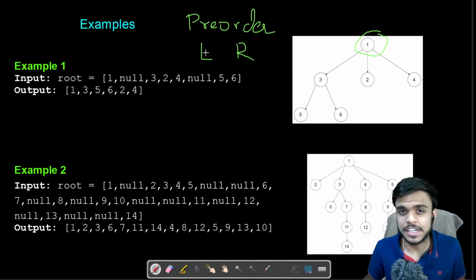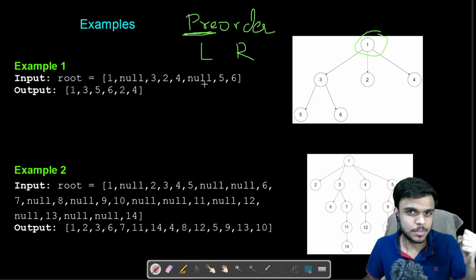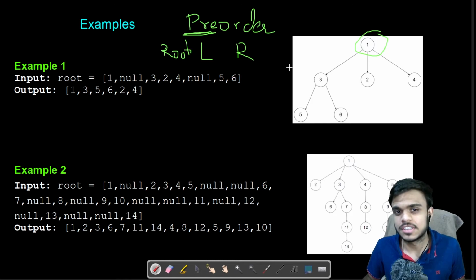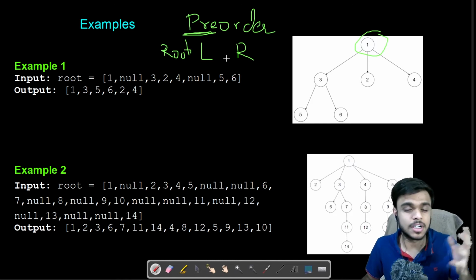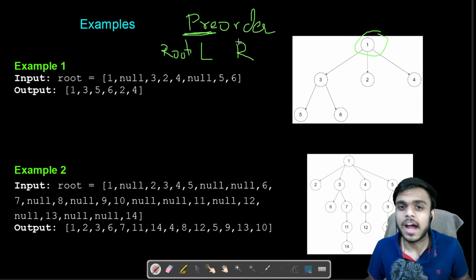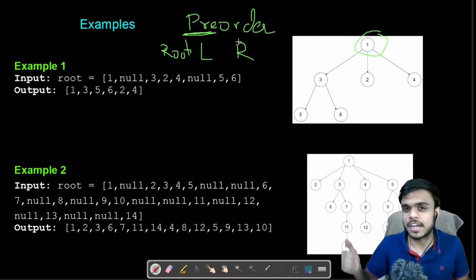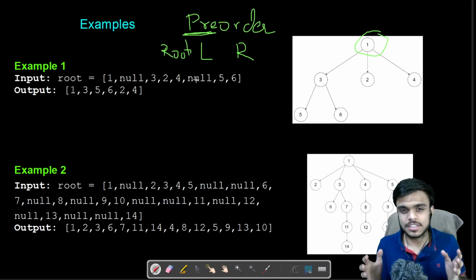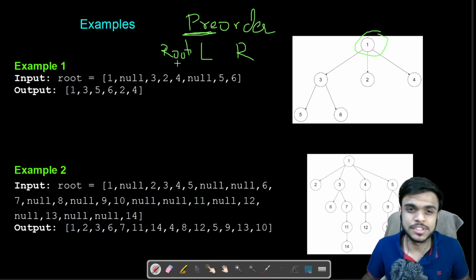Whenever you think of any order, you need to look at what the initial says. It is pre-order, so think of it in terms of the root. The root should come first in pre, so the root should be first. So this is the preorder. If we have inorder, then the root comes after the left, and then we have the right subtree. And in postorder, we have left, right, and then the root of that particular tree. For this question, we have preorder, so the order should be root, then left, and then right subtree.